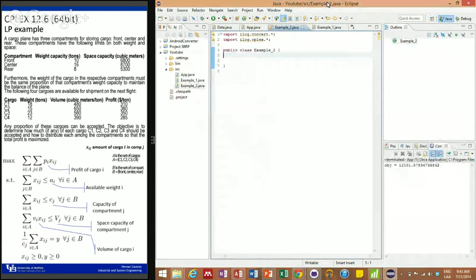Hello everyone. Today I'm gonna be doing another example of linear programming. You can just stop the video and read the problem. Basically, this is an airplane which has 3 compartments, front, center, and rear, and we want to distribute 4 kinds of cargo into these 3 compartments in the airplane, and we have a limit in the available weight of the airplane,